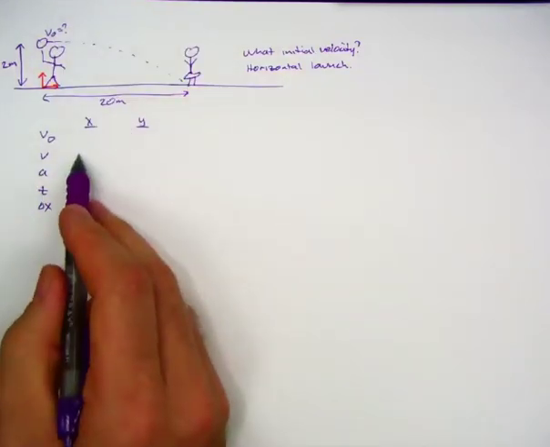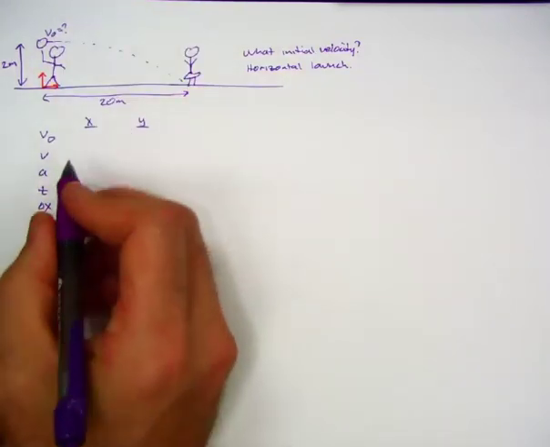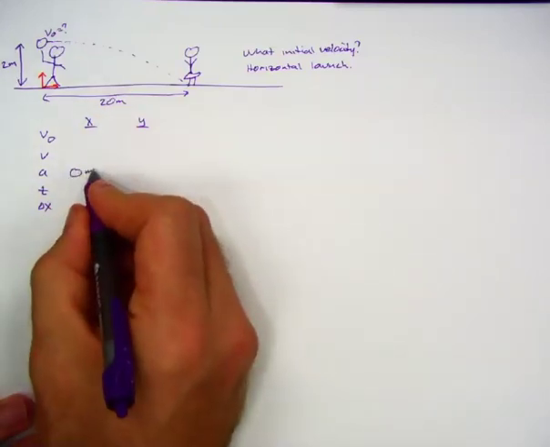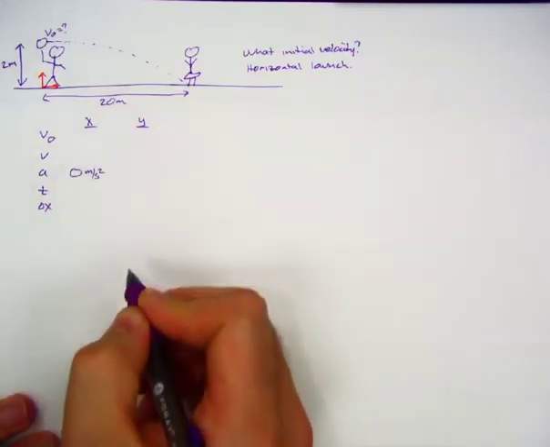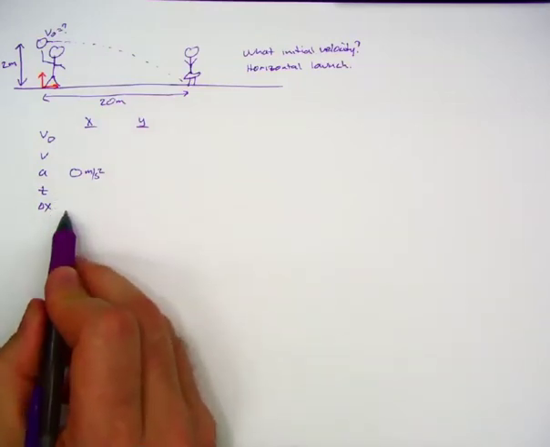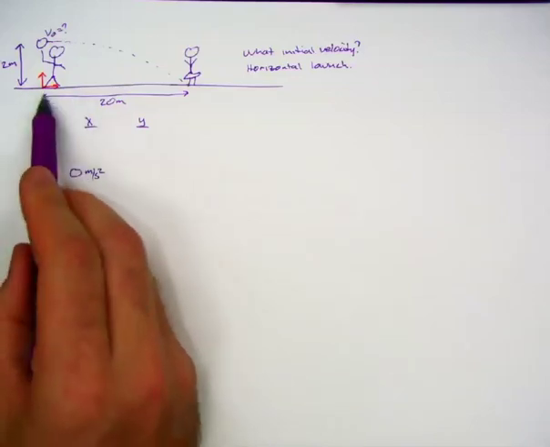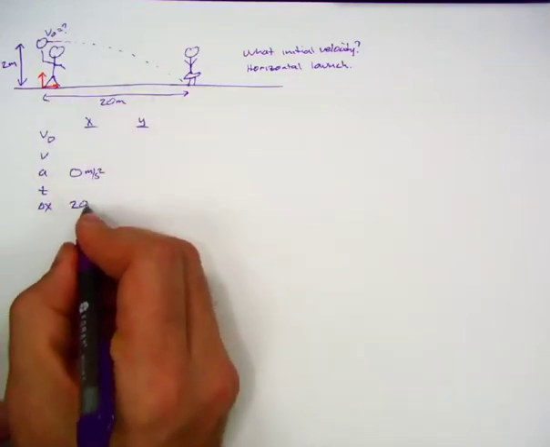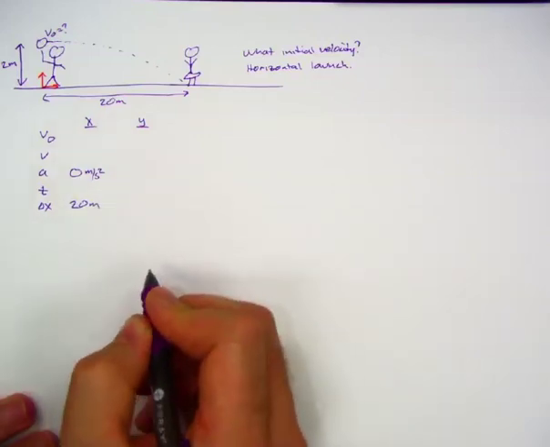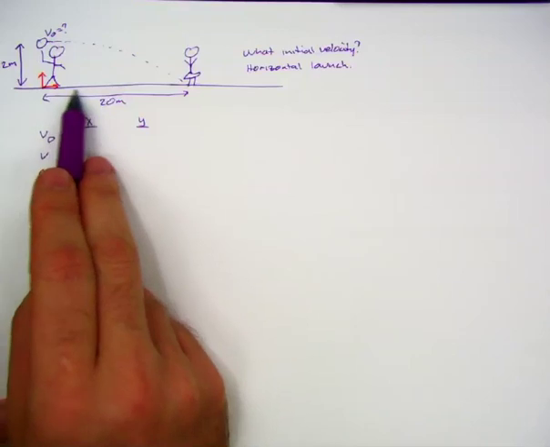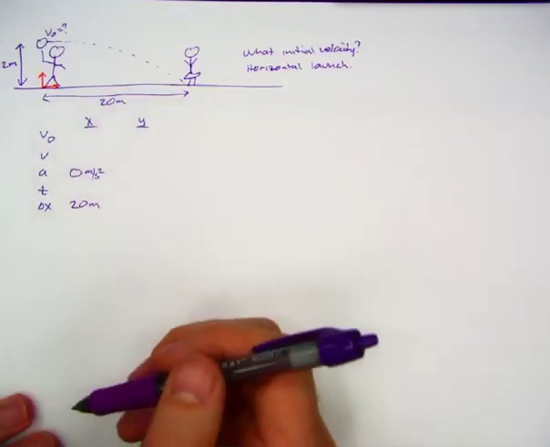Do we know the final velocity? No. We do know the acceleration. Remember, we get the acceleration for free. In the horizontal direction, the acceleration is 0, not speeding up or slowing down. We don't know how much time it's going to take, but we do know how far the water balloon has to travel. It must travel 20 meters, so that's going to be a requirement for ours. 20 meters of horizontal travel. Positive or negative? Well, the water balloon is traveling forward, so it's going to be a positive